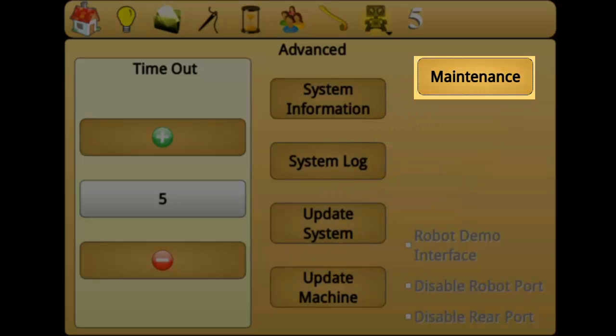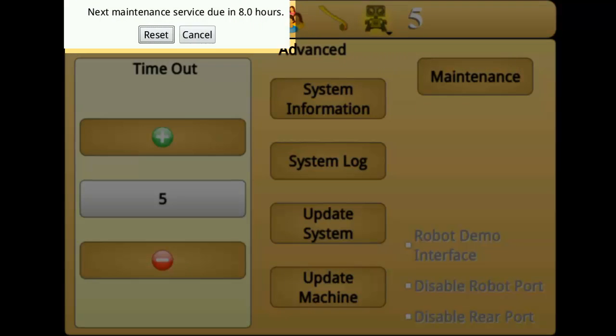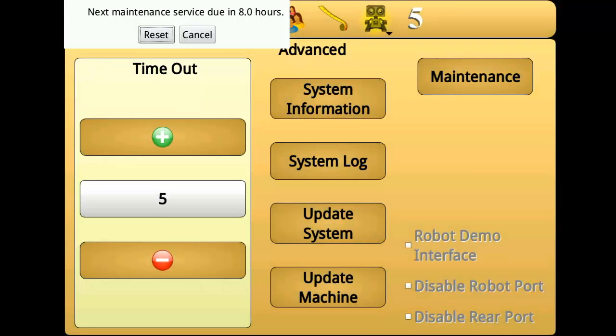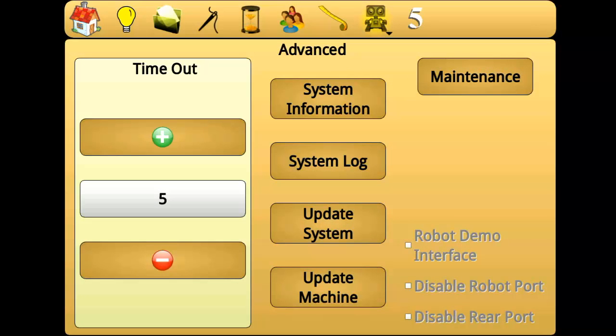Maintenance is used to check on the machine maintenance counter. Manufacturer recommendations for most quilting machines require that the machine be oiled for every 8 hours of use. The maintenance button displays a notice of how many hours remain until the next scheduled oiling. Pressing the reset button sets the schedule back to 8 hours. If you use the machine for more than 8 hours, Perfect Stitch will remind you that the machine needs to